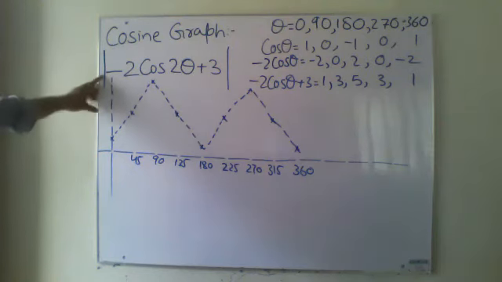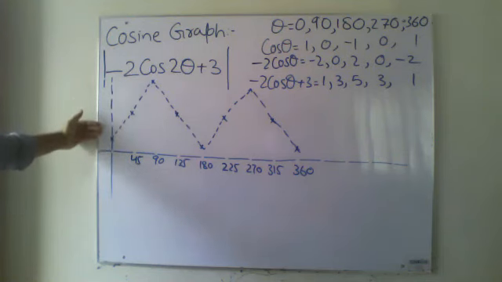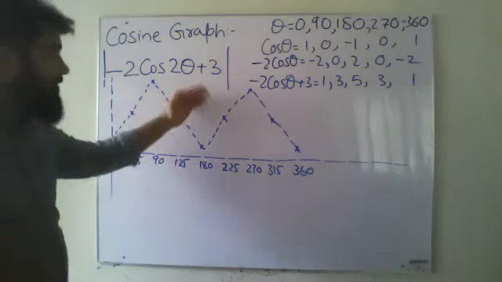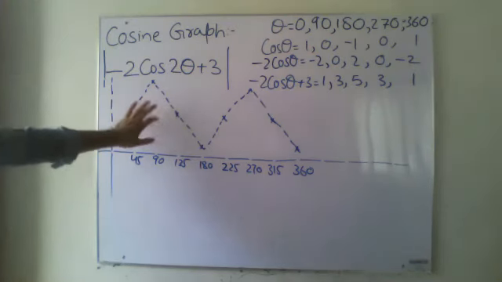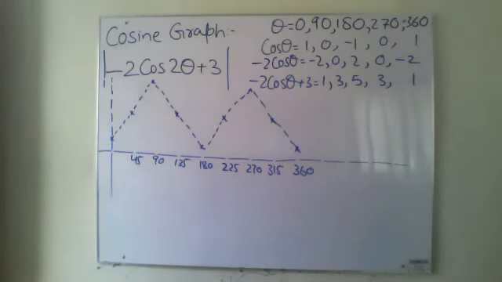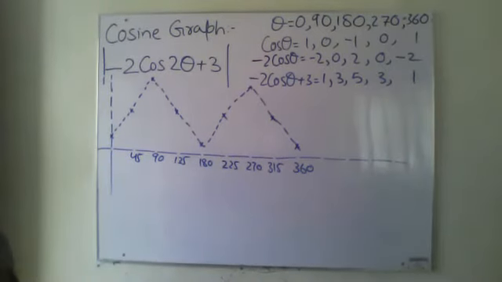After this, I have to apply modulus. Modulus means changing negative into positive. It is already positive. Everything is already given in positive, so we don't have to change anything. After applying modulus, it will have no effect, and this will be your final graph. If something were in the negative region, then I would have shifted it upward. But over here, no negative value is given. So the final graph is like this.